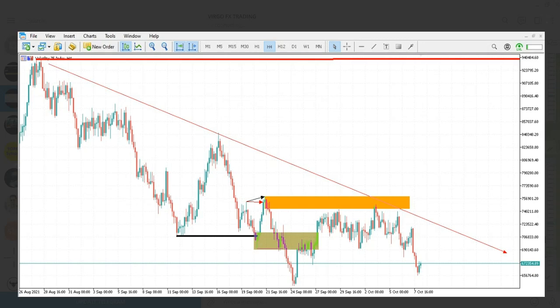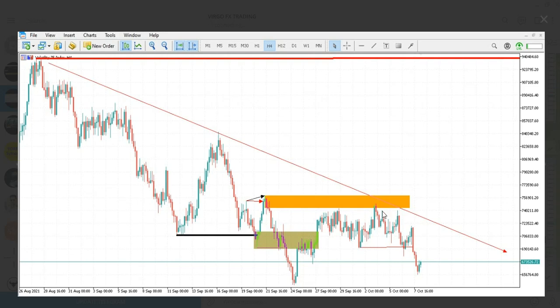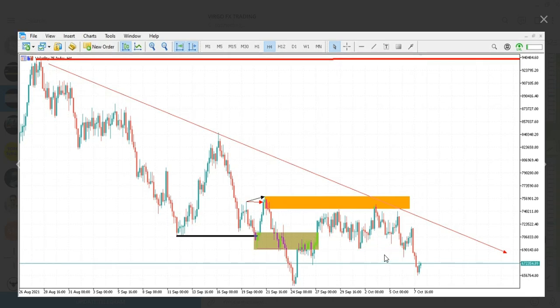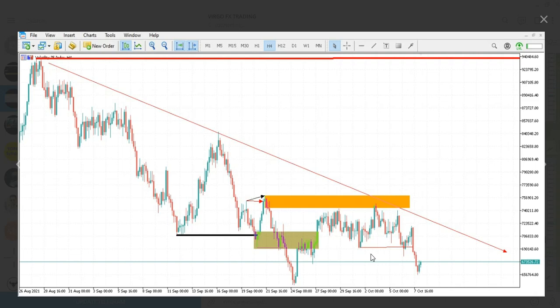Then there's something else that happened with this move going down. What is it? Let's look at the next photo. We have a clear break of market structure, right? The previous photo doesn't have that line, and this photo has it. We have a clean break of market structure here, and at the break of market structure, we always look for an order block: the last up candle before the change of direction prior to the break of structure.